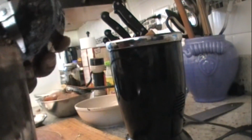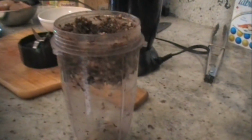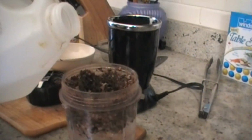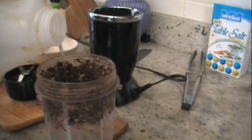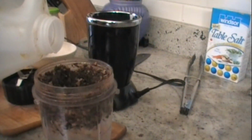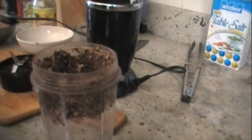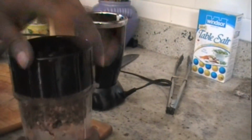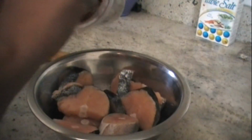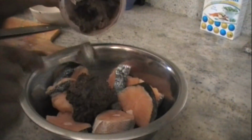So my mixture was a little tight, too dry, so just to smooth it out, I'm going to add a little bit of vinegar. And as I said, if you're going to use it right away, then you can add a little water, or else just drop in a little bit of vinegar. You just want a smooth paste, so not watery, smooth paste. And I'm going to continue grinding the mixture. Okay, so now once everything is ground up into a nice thick paste, I'm going to put it into the